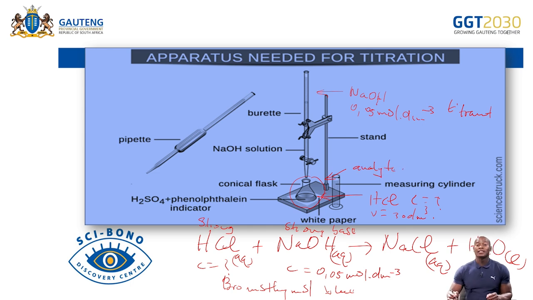This is how we perform this experiment. You want to find the concentration of hydrochloric acid. You know the concentration of sodium hydroxide, so sodium hydroxide is going to be our standard solution. Why are we saying it's the standard solution? It's because we know its concentration. We want to find the concentration of hydrochloric acid. So in your burette, you are going to have a standard solution. In an Erlenmeyer flask, you are going to have your